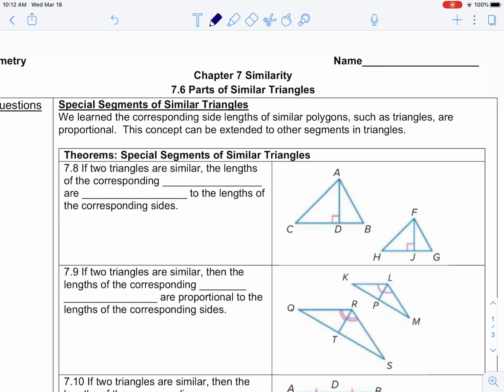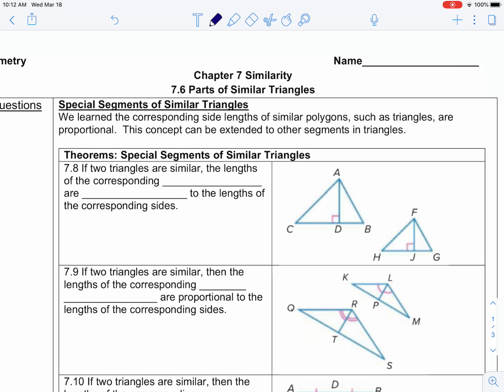So the final section we are going to be looking at here in chapter 7 on similarity is called parts of similar triangles. So we're kind of uniting a couple of concepts here from earlier in both the unit and in our work in geometry. One is that we're going to be applying some of the proportionality that we talked about with side lengths in similar triangles, but also talking about some of the segments that we talked about earlier in the year when we